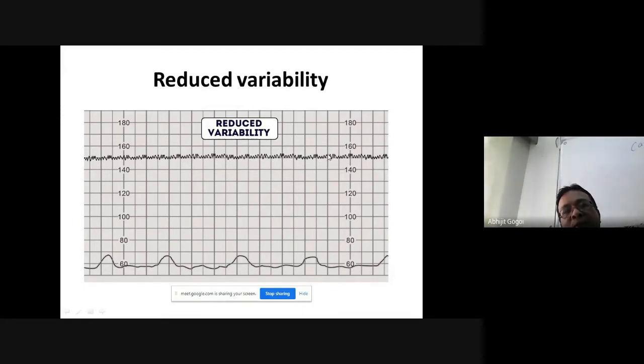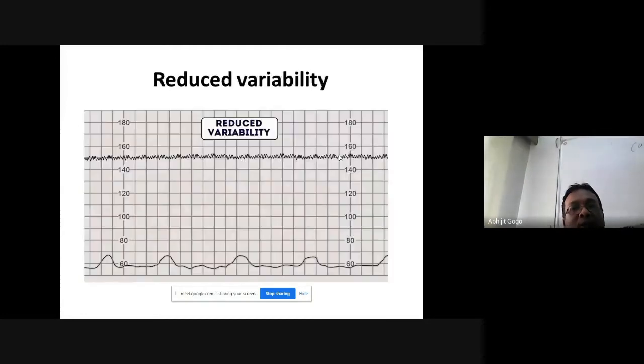Now that is not normal, but it is physiological. You can find it when the fetus is sleeping. Now remember, the sleep period of a fetus is 75 minutes. The fetus sleeps for 75 minutes, then it will wake up again, go about all its activities and come back. So when it is doing all activities, jumping and playing all around, then we'll see the variability between 5 to 25. But if the fetus is sleeping, then, sorry, you can say reduced variability, less than 5.